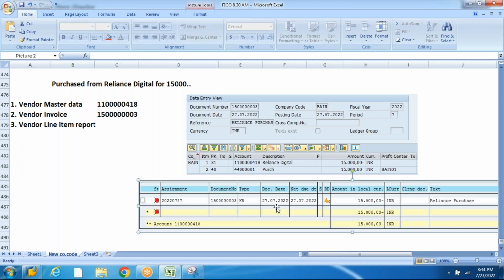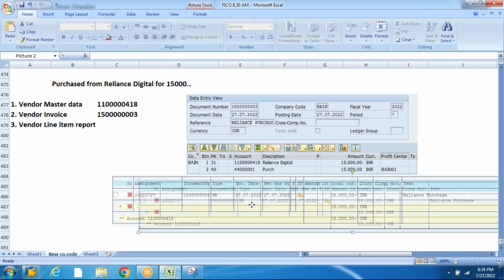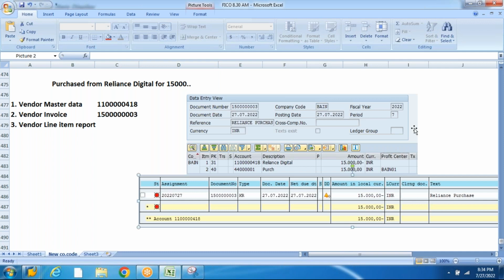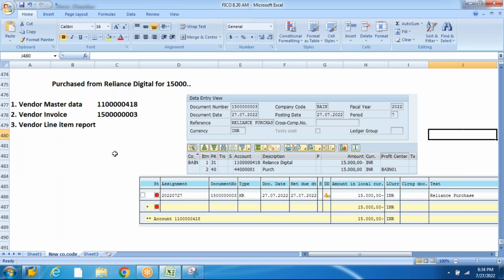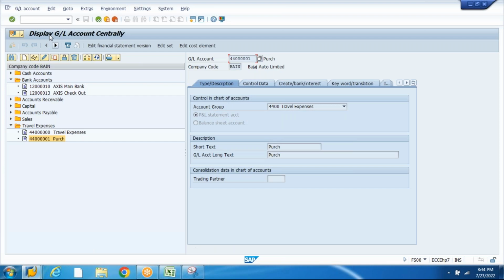Put this screenshot, which is nothing but your vendor outstanding. After checking the vendor report, you will be doing vendor payment. Now to make the vendor payment,